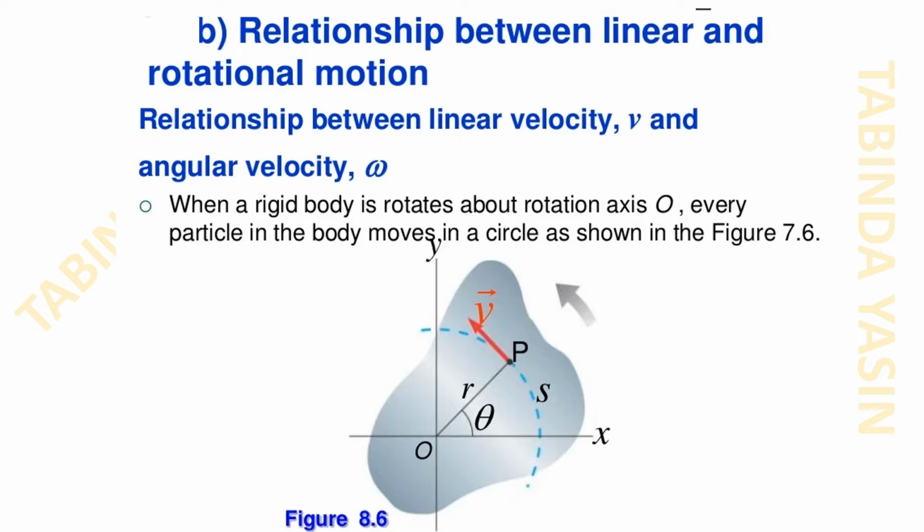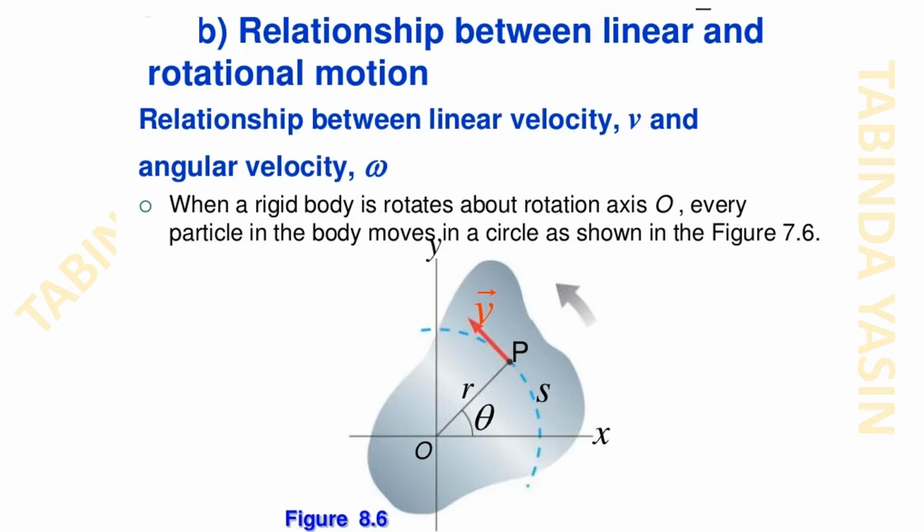If we take an axis and a fixed point O, and that rigid body rotates, that means that every point or particle on that body will also rotate, as you can see from the figure. That is a fixed point O, that are the two axes, and that is the irregular shape of the rigid body, and that rigid body rotates in a circular path, and any point P on that rigid body will also rotate,